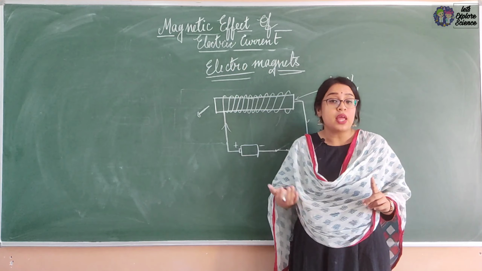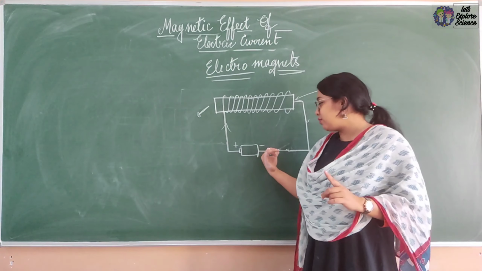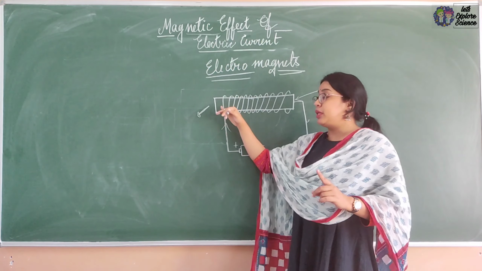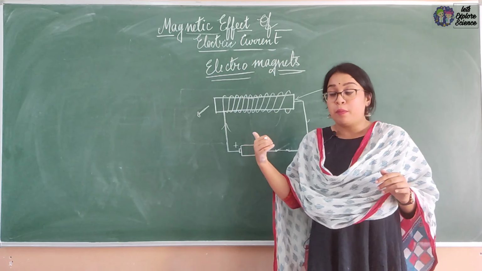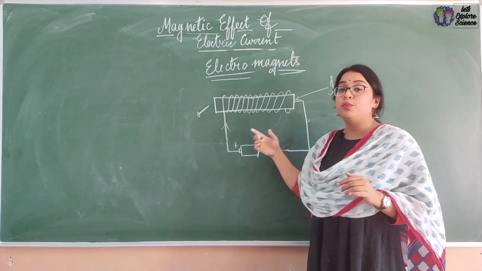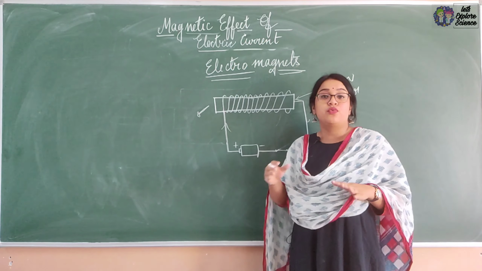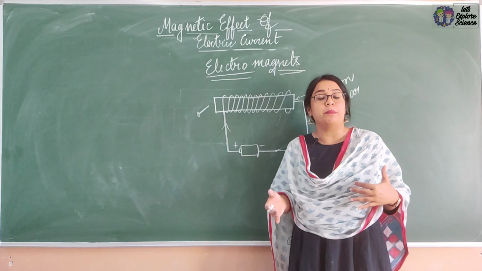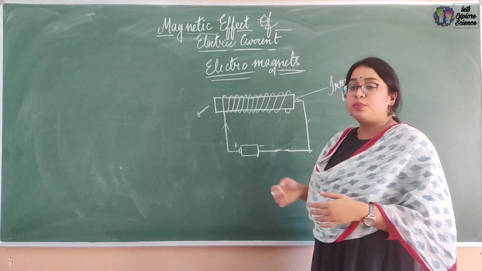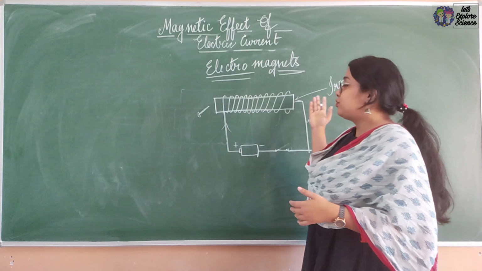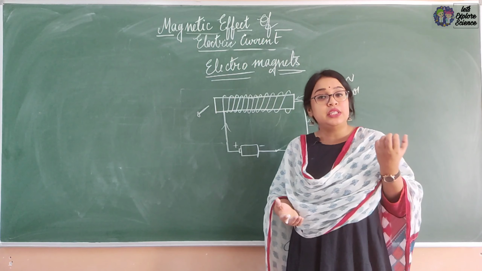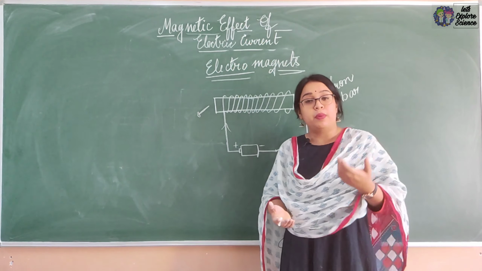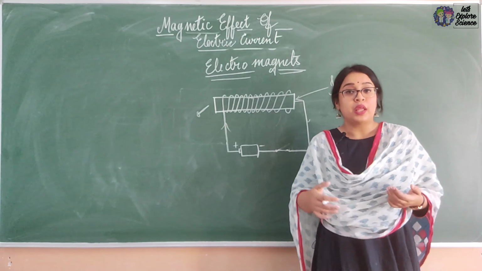What does that mean? That means when we switch it off, if it is made up of steel, it will still work as a magnet. But in the case of an iron bar, the moment we switch it off, it won't act as a magnet. It will come back to its original property, it will again become an iron bar. That means stainless steel will retain the property of magnetism, but an iron bar won't.